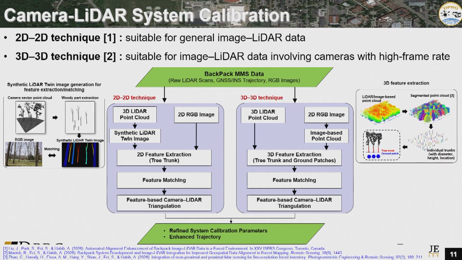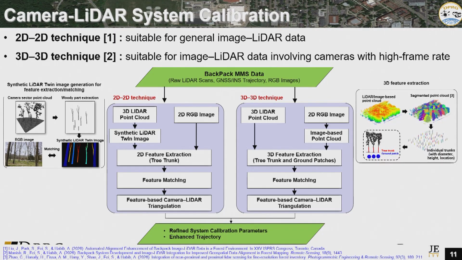So there are 2 ways actually to do this. Either you take the 2D data and make it 3D and try to align it with the LiDAR, or you take the 3D LiDAR data, you make 2D imagery, and then you try to align it. So these are basically 2 different approaches to do this. The only problem, if you would like to take the 2D imagery and create 3D data, you have to have requirements on the imaging system that has lots of overlap to do structure from motion.